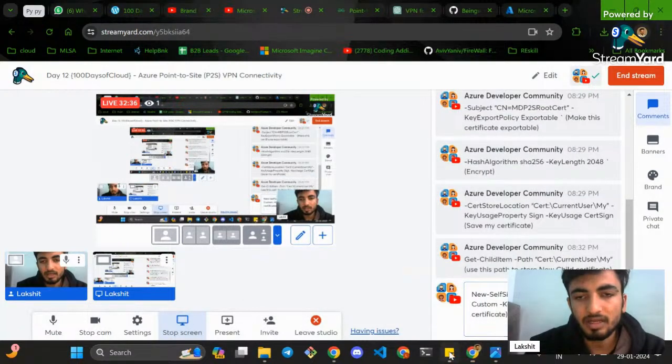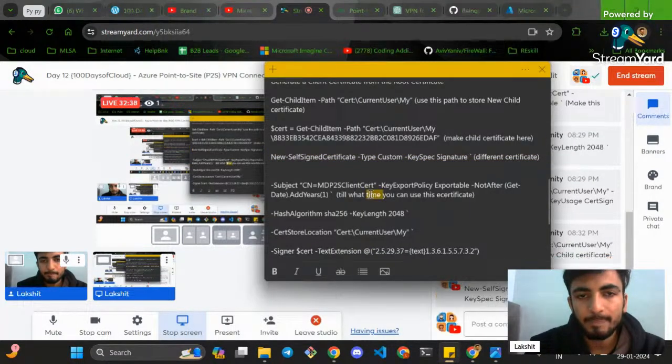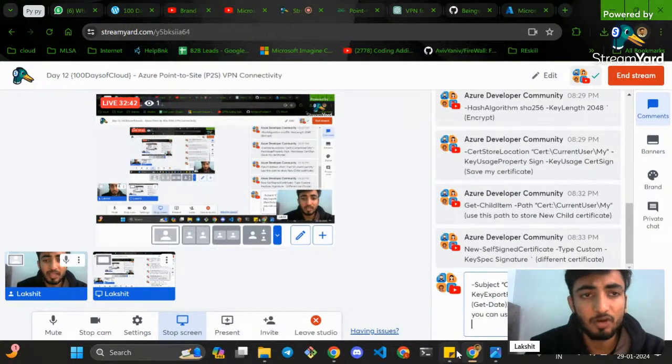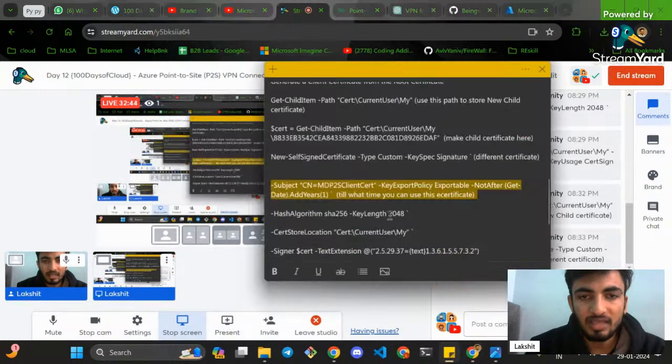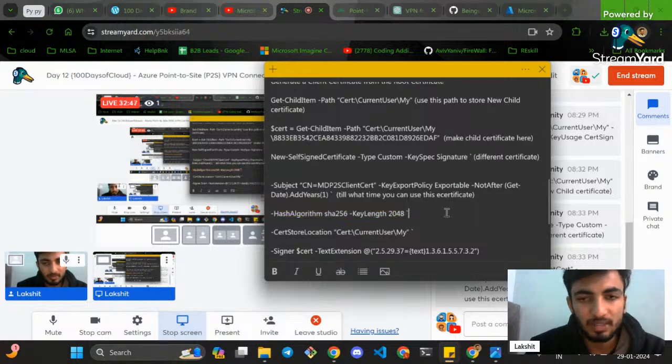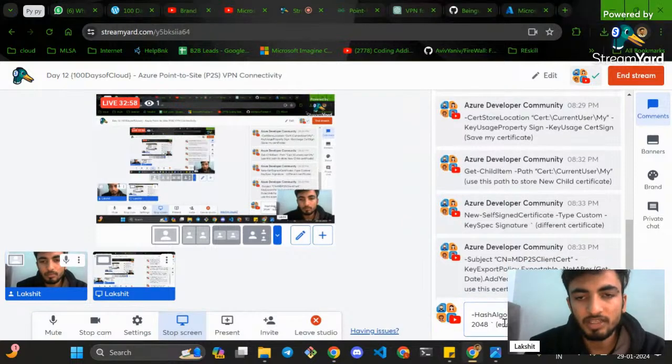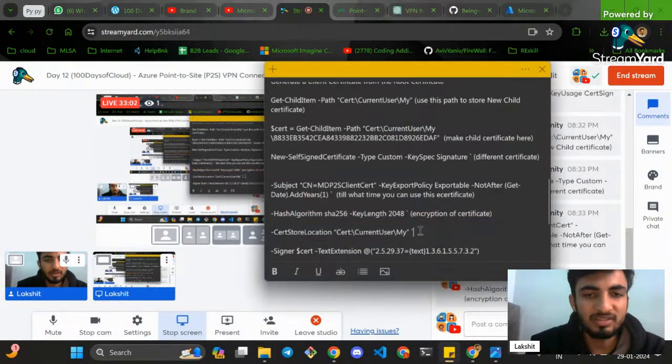And then, at last, till what time this certificate will be accessible, right? Because after one year, for an employee, we will have to regenerate the certificate. Then again we are using the 256 algorithm to encrypt this. Encryption of the certificate. Then at last, store my certificate here.